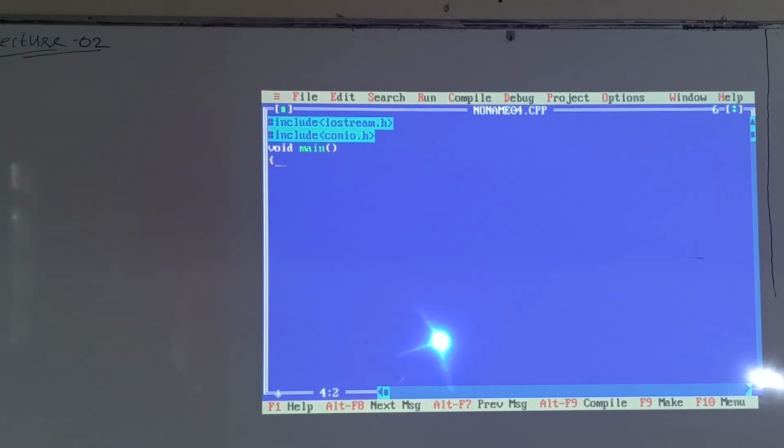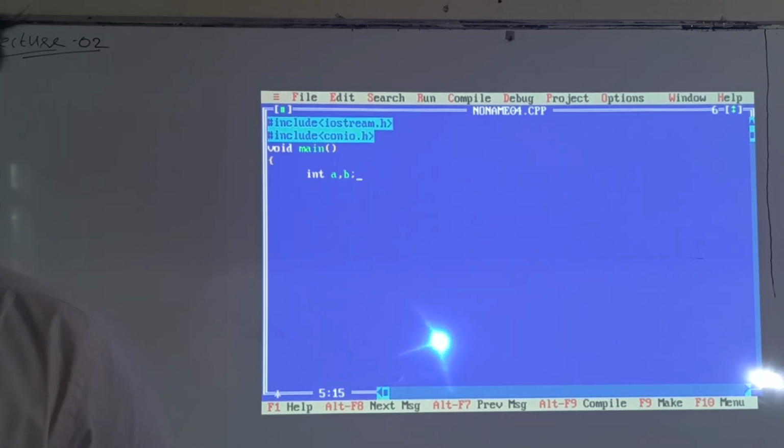So I have to write the largest of two numbers program, int a, b.